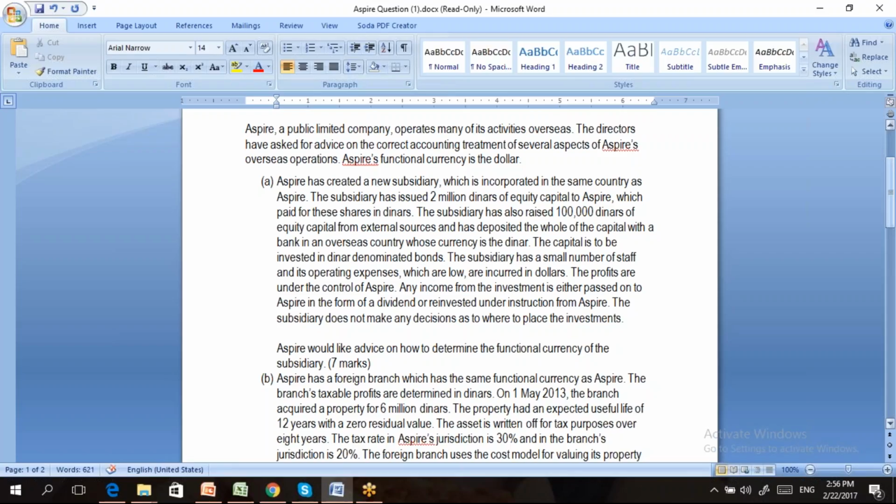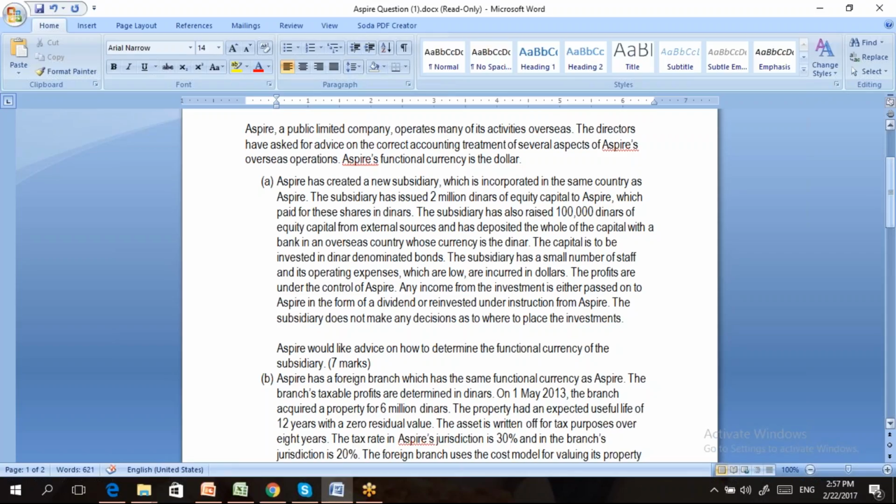So if at the subsidiary they had decision making, then of course the answer would have been totally different. That's really the key on this one, because if they have the decisions to make, then the functional currency would have been the